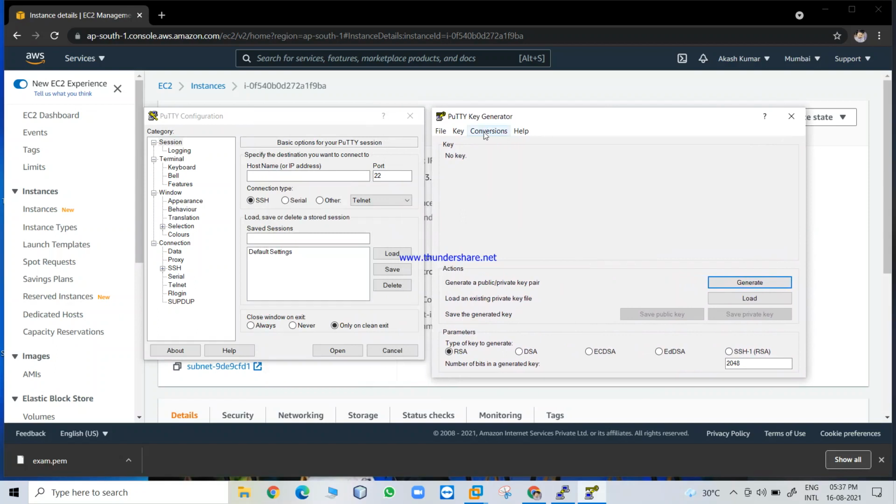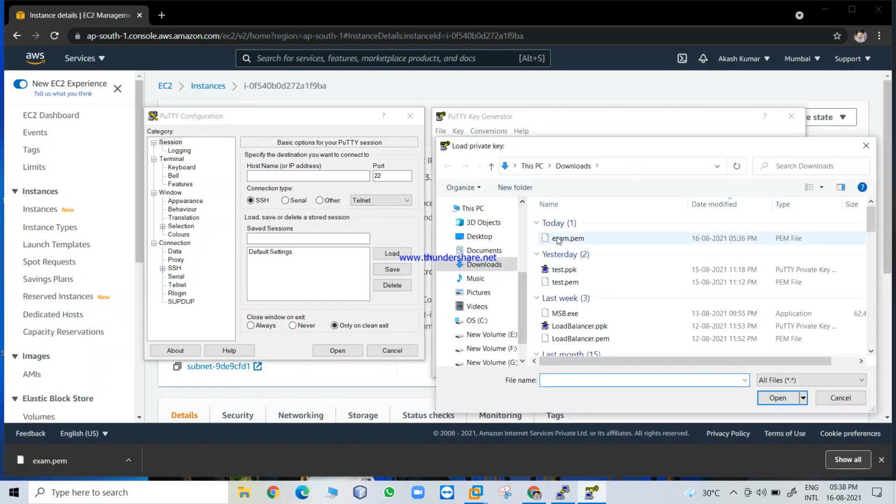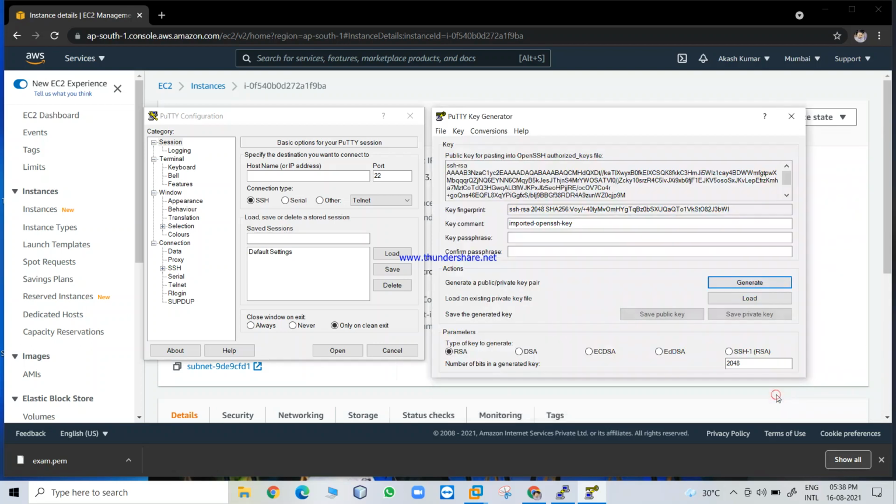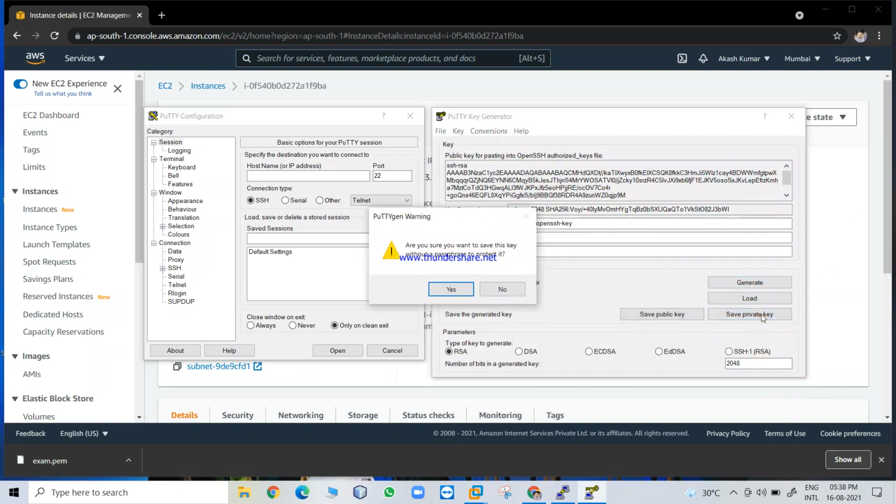Click on the conversions button first. Then we have to click on import key. Then choose the key we downloaded. Then save it as a private key. And now we have to select and open it, and we have to save it here. You can see, save private key.